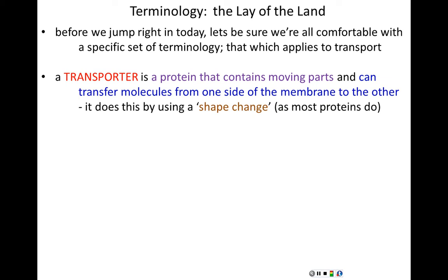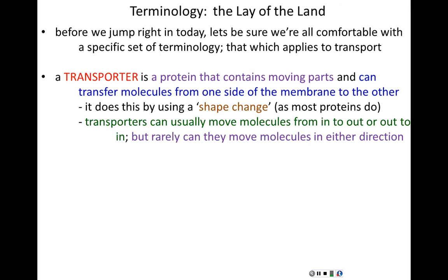The way that transporter proteins work is by changing their shape. That should be a very familiar concept by now. Most proteins accomplish their functions by shape changes, and transporter proteins are no different. What transporter proteins do is they take a molecule from one side of the membrane, change their shape, and squeeze that molecule out to the other side. And so transporter proteins can typically move molecules from inside the cell to out, or from outside the cell to in. The exception to that is it is extremely rare for a transport protein to move molecules in both directions